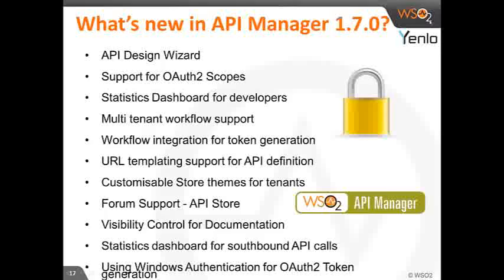So I've explained the complete slide. Okay, let me start back. We have recently released API Manager 170. This was last week, and we thought of explaining some of the highlights of this release. So if you're familiar with API Manager 160, something that you would immediately notice is this API design wizard, which would allow the APIs to be designed in